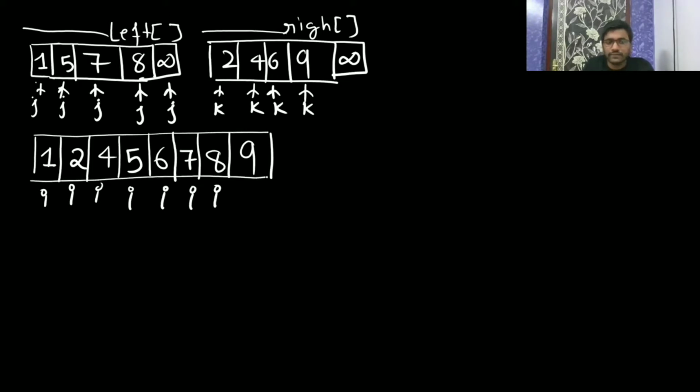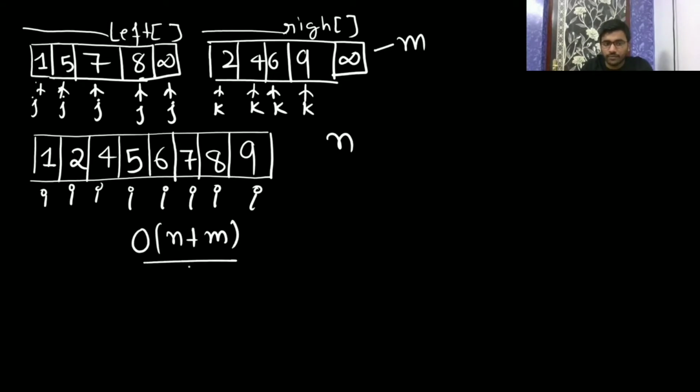In this way we have got one sorted list. Anyone having any doubt, you can comment. Let me know, if I give you one array of size n and another array of size n, then our merged array is going to have size big O of n plus big O of n.